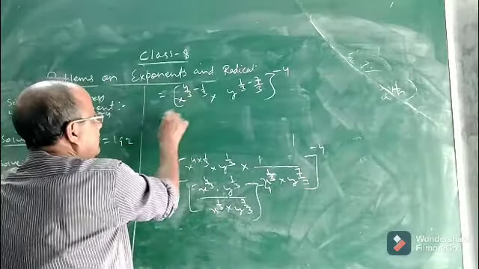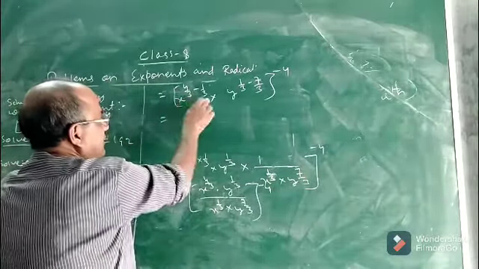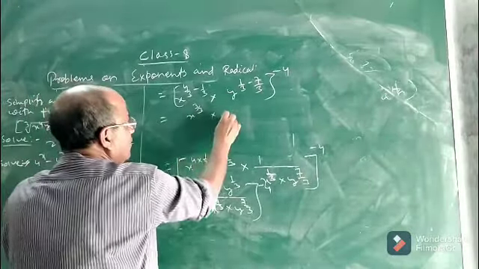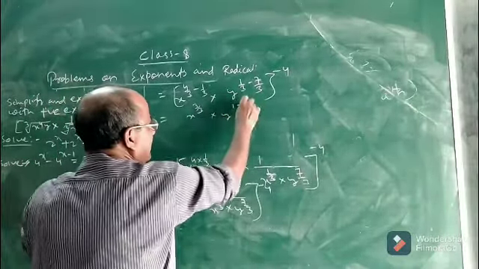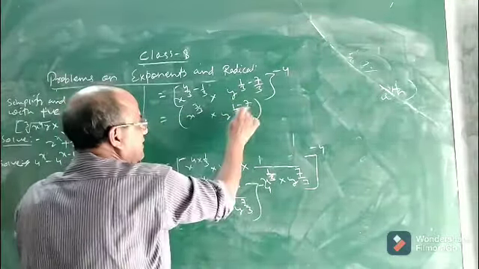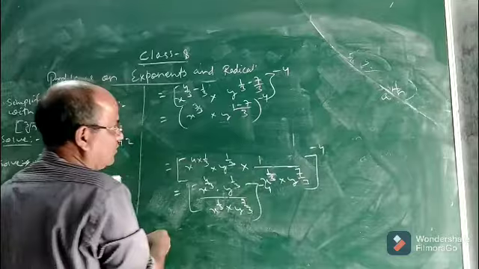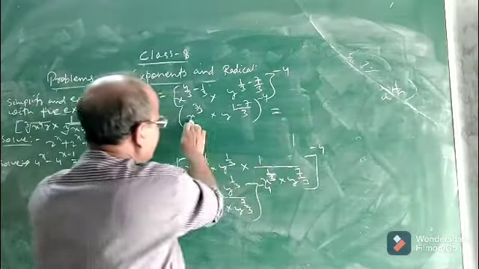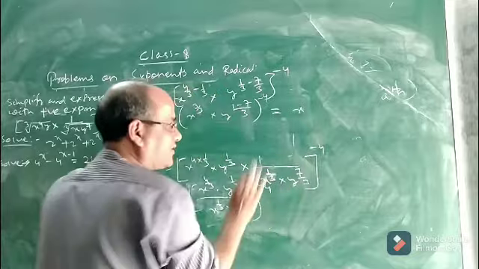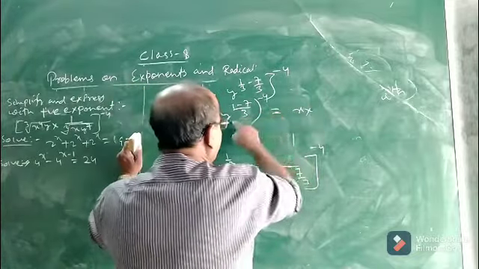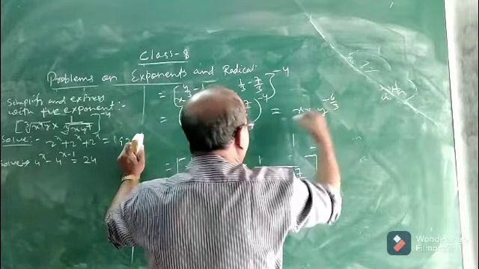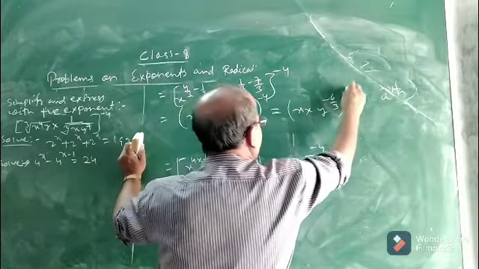So every time we are applying formulas related to exponents and radicals. Now this is 4 by 3 minus 1 by 3. It will be x to the power 3 by 3 into y to the power 1 minus 7 divided by 3, by taking the LCM, 3, whole to the power minus 4. Now this will be equal to x to the power 3 by 3, which is 1, x only. Then this is into y to the power 1 minus 7, which is minus 6, divided by 3, whole to the power minus 4.